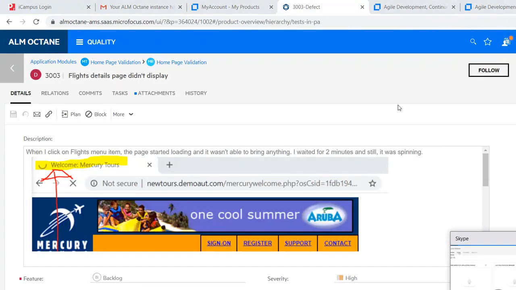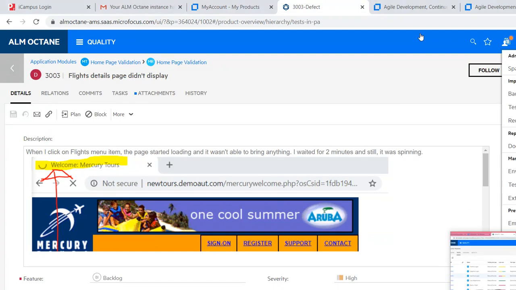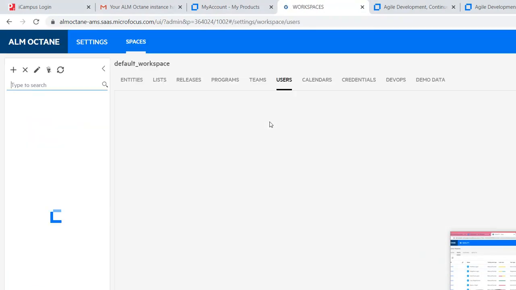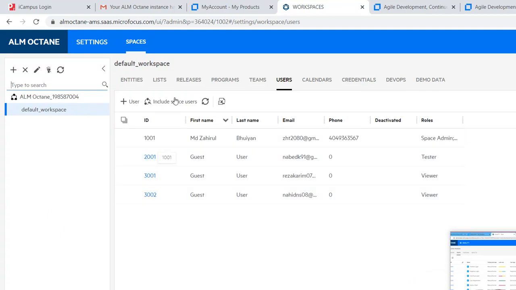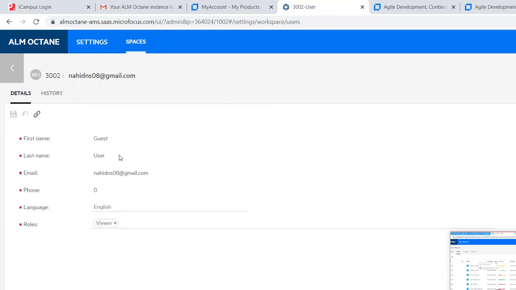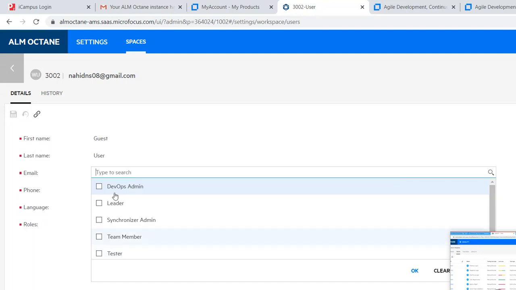Defect. Okay. Setting spaces, and then Naved Khan. Let me change it. Users. So Nahid, let me make you instead of role. So you are only viewer. That's why you can only view. So I'm going to make you